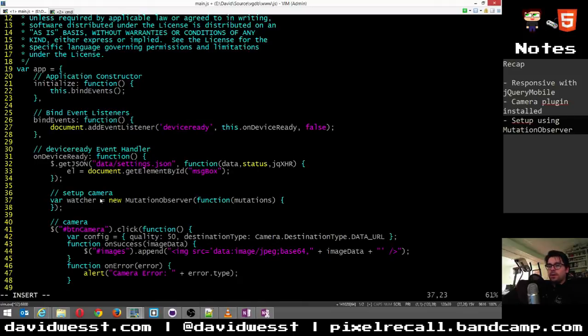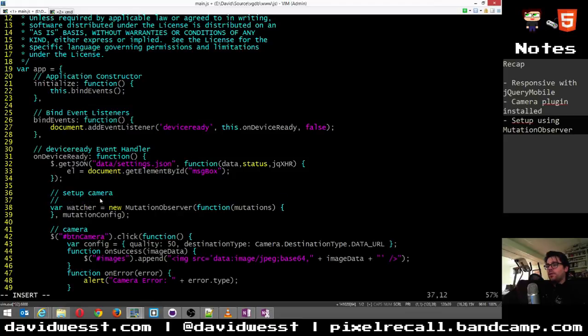So if we go off and change a bunch of stuff, now we're gonna set the whole thing up. Oh, and it also takes, my mistake, mutations. Yeah, it takes this, but what it also takes is a mutation config. It takes a JSON object to set up the options. So let's do var mutationConfig, and look at what I wrote down.